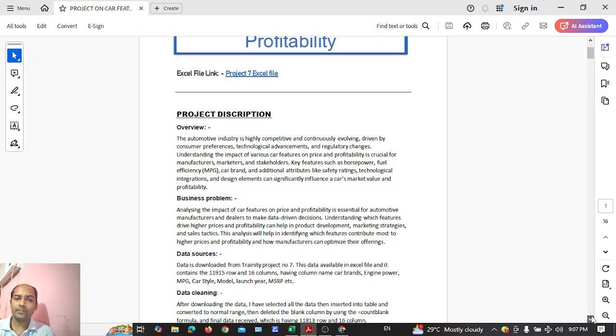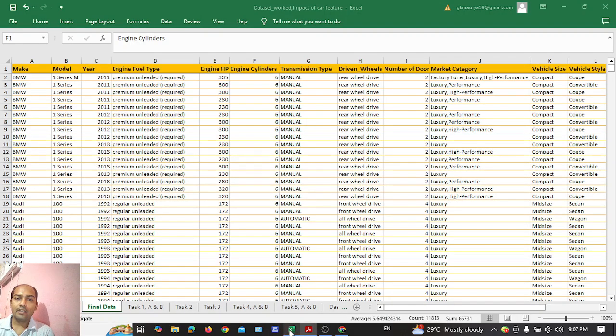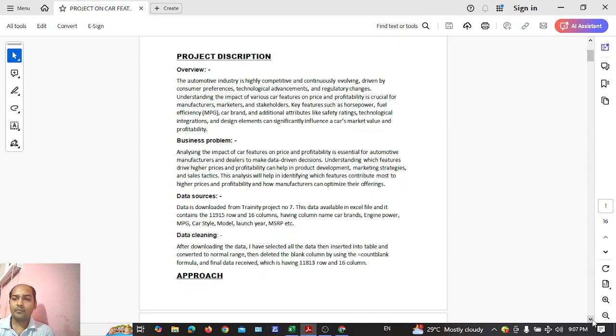This analysis will help in identifying which features contribute most to higher prices and profitability, and how manufacturers can optimize their offerings. I have downloaded this data from the Trainity site, in which there are 11,915 rows and 16 columns, and after cleaning the data we got 11,813 rows and 16 columns. In this project